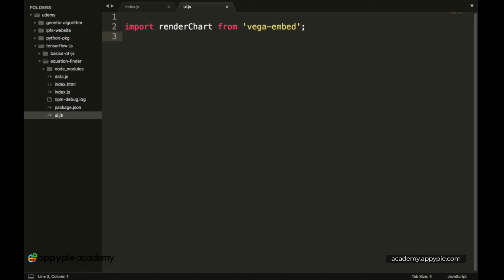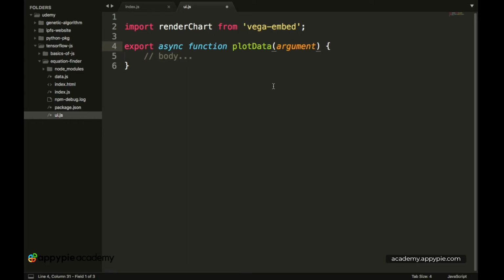Now we have to create a new asynchronous function, let's call it plot data, and it will take in the xs and the ys arguments and then plot a graph based on all of those points. So let's first create the function. Let's export an async function. Okay, so we have an async function over here, and the function name is plot data.